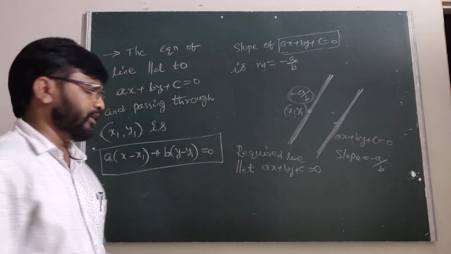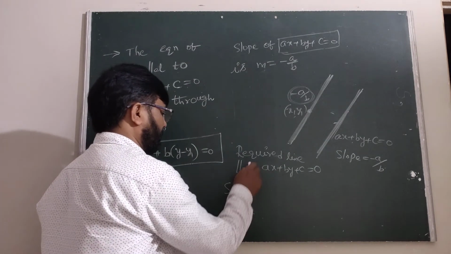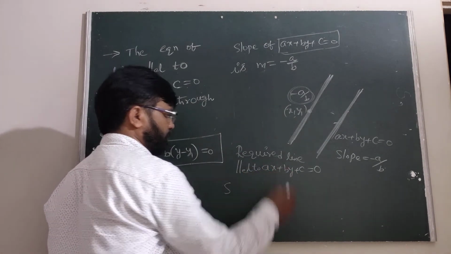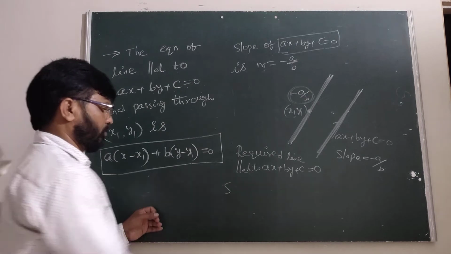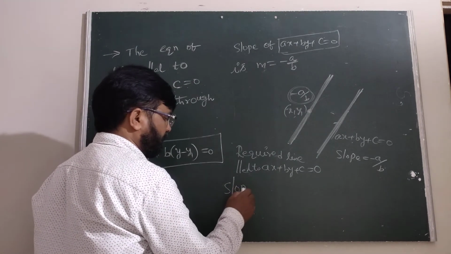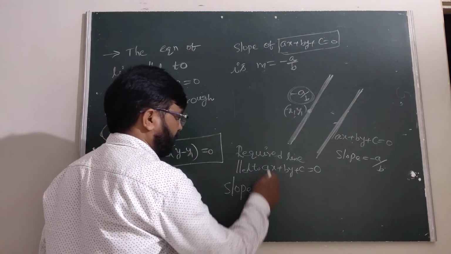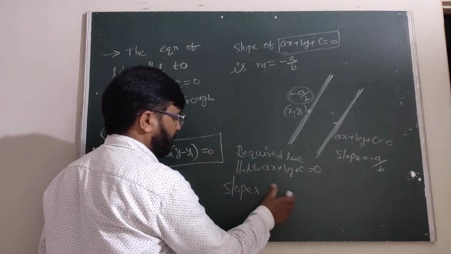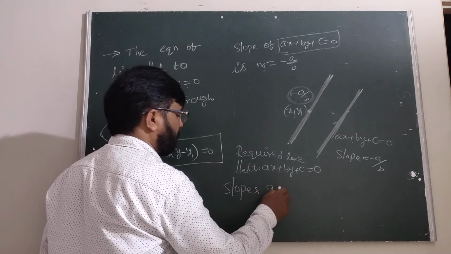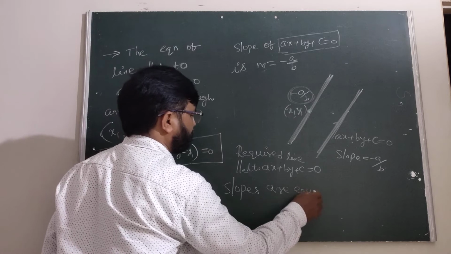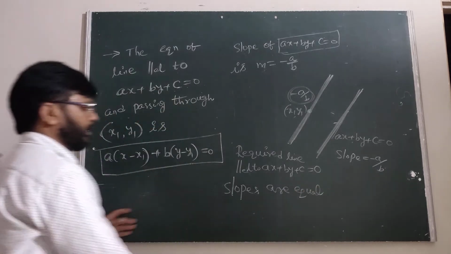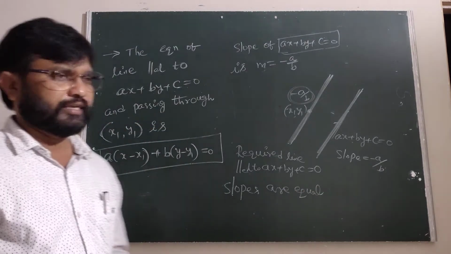Therefore, slopes are equal. When they are parallel, slopes are equal. Therefore, the required equation of the line is,